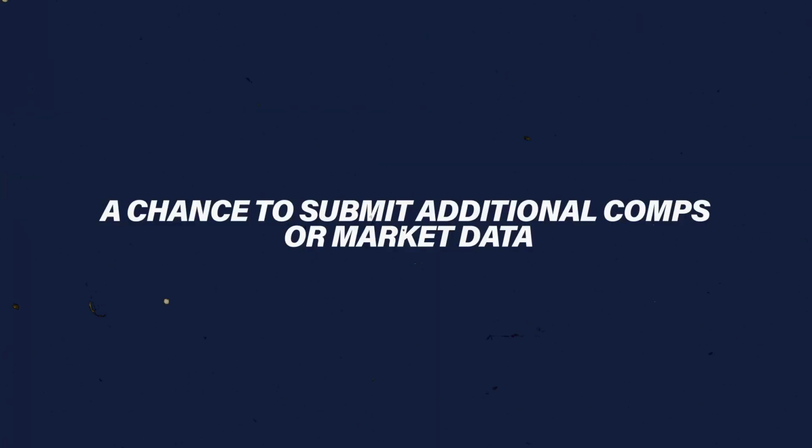This gives both real estate agents, the listing agent and the buyer's agent, a chance to submit additional comps or market data. This has to happen quickly, usually within 48 hours. If the value comes in low, your lender can then request a reconsideration of value. This is the second effort in trying to get the value where you need it. And what it means is we will submit a formal argument for a higher value backed by strong, relevant, comparable